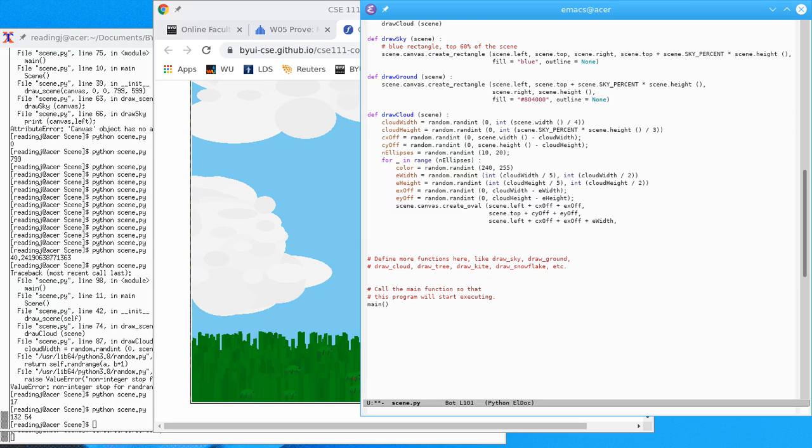Now this is going to be bottom. Scene.top plus cy_off plus ey_off plus e_height. And then it's going to be fill equals